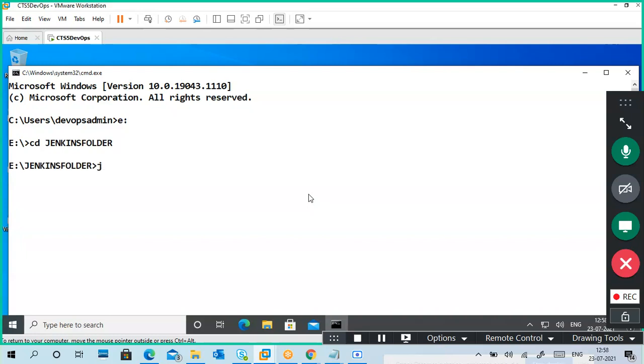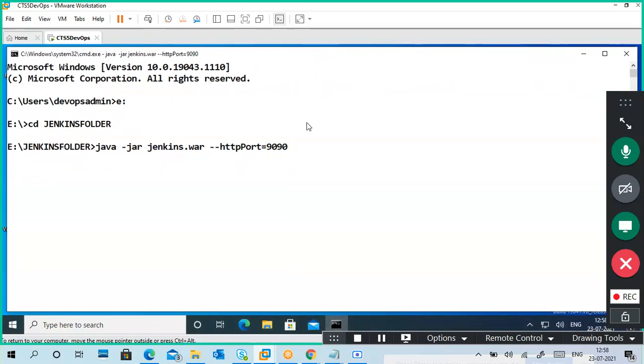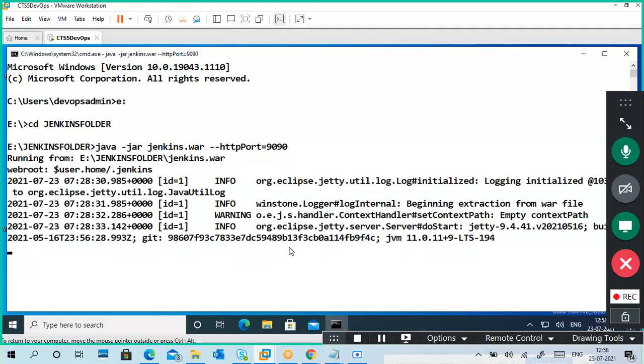Again you have to type everything: java -jar jenkins.war and --httpPort. Here you can change your port number also, but I'm not changing. I'm using the previous port number. I don't want Jenkins to run directly, so it loads from our place. Let it come.